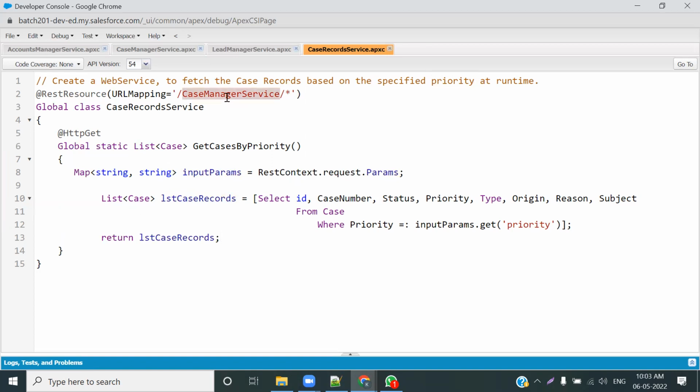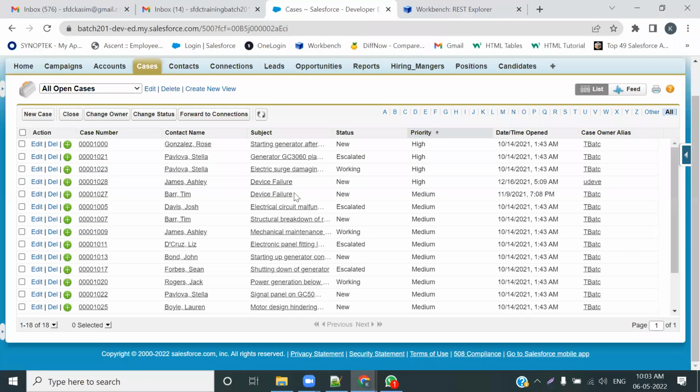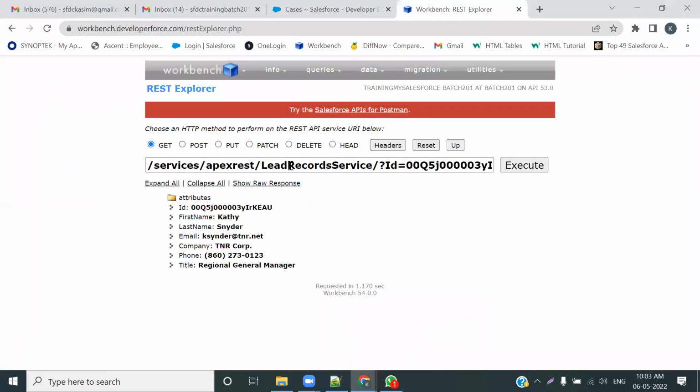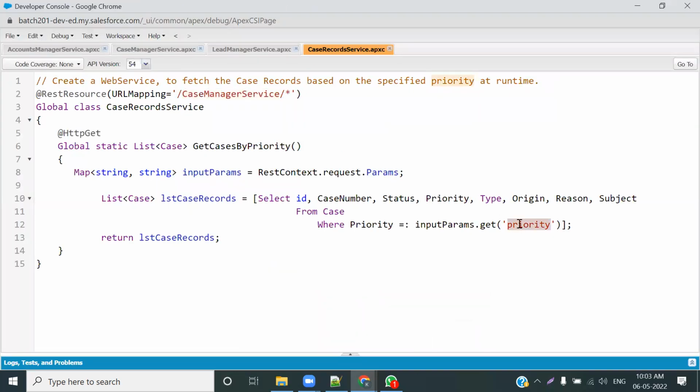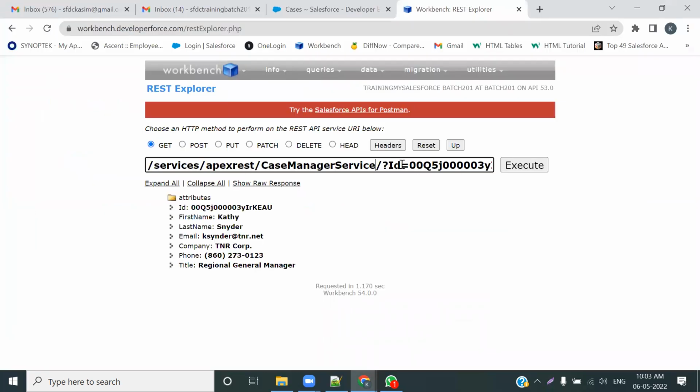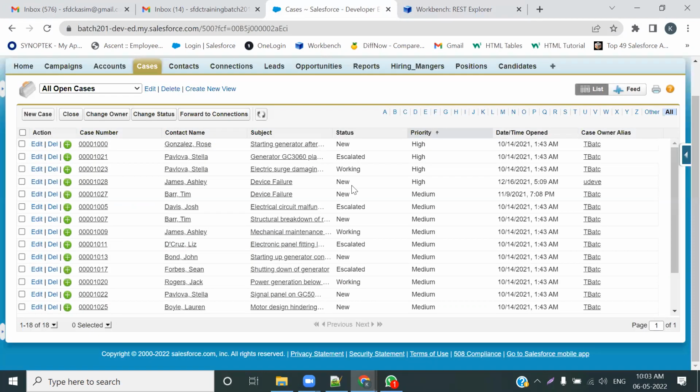and case manager service को कॉल करते हैं, कॉल द केस मैनेजर सर्विस गेट मेथड के साथ में। केस मैनेजर सर्विस अपने साथ क्या लेके आना चाहिए, केस मैनेजर सर्विस जब कॉल होगी, ठीक है, केस मैनेजर सर्विस जो है वो अपने साथ में ये प्रायोरिटी, यहाँ पे आईडी के बजाय मुझे लिखना चाहिए प्रायोरिटी, एंड दैट प्रायोरिटी शुड इक्वल्स टू, अब यहाँ पे तो आपको जो देना है, फॉर एग्जांपल मीडियम, MEDIUM, ये स्पेलिंग है ना,